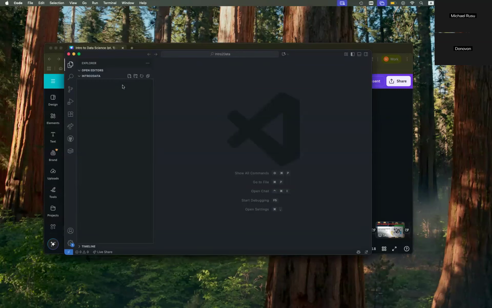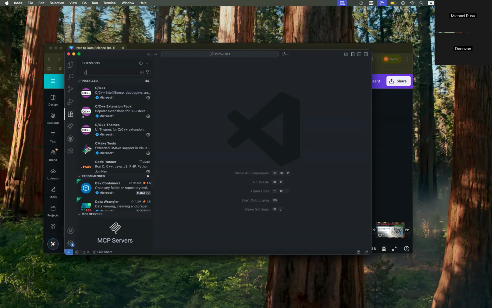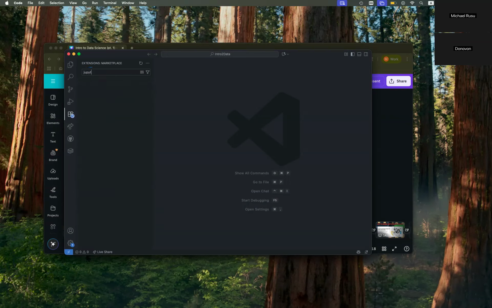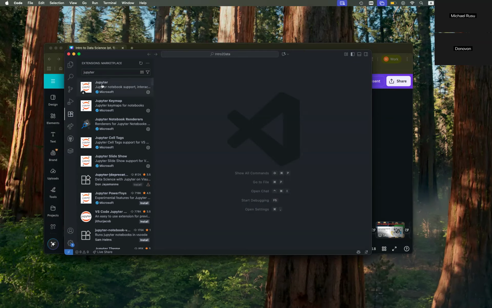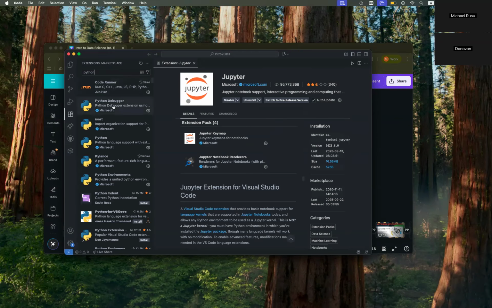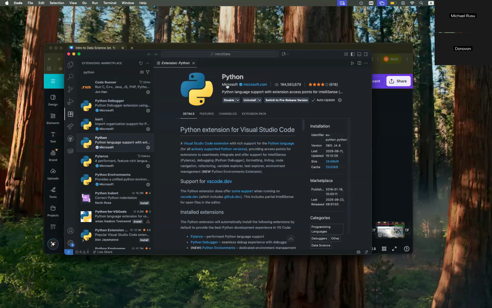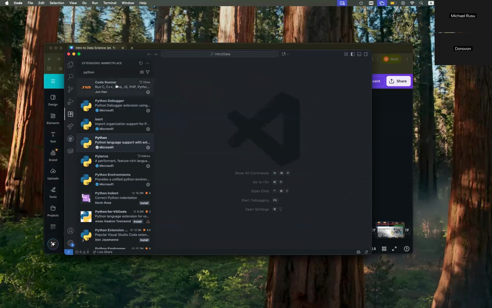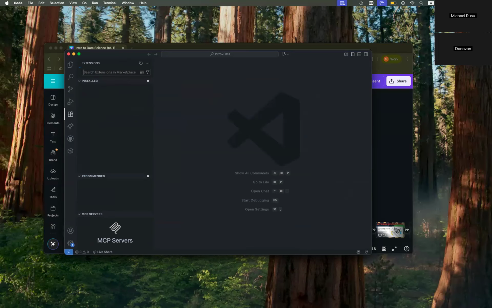What we're going to do is work with Jupyter Notebook. Who here has heard of Jupyter Notebook at least? All right. So I believe there's an extension you can install, IPYNB, or just Jupyter Notebook, with a Y instead. So you might want to install Jupyter Notebook, and you also want to install Python right here, the one by Microsoft, no other one. And that should be about it, unless there's something I'm missing.